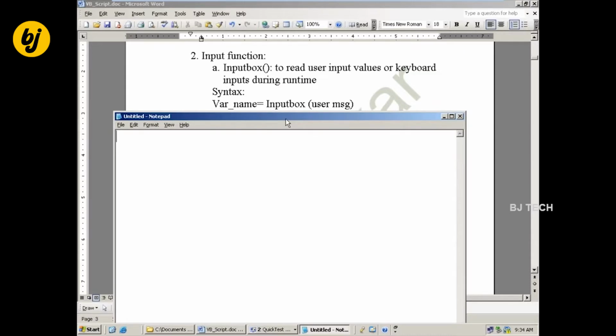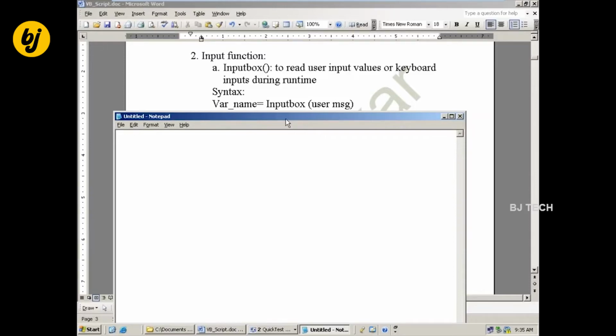Take the syntax: variable name equal to input box of user message. The purpose is the same; syntax is definitely going to vary from language to language.